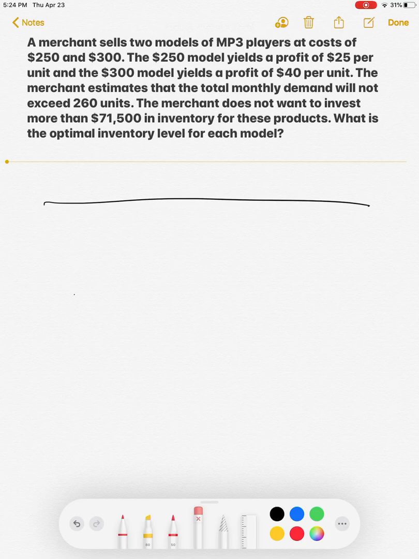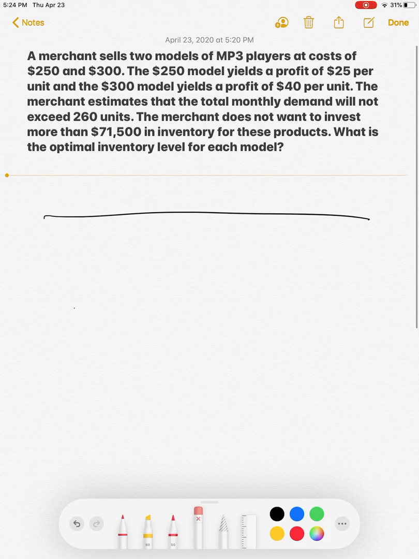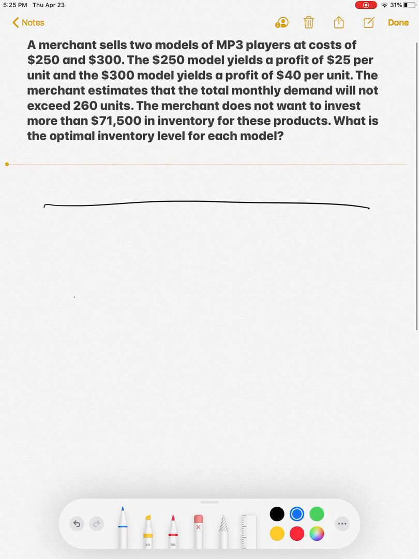All right, Rollins asked me about number 5 on 7-6 linear programming. So the problems are written above. You can pause it and read it. I'm going to keep working here. Start the problem. Okay, so I know that what I did was I said, let's let my x be the